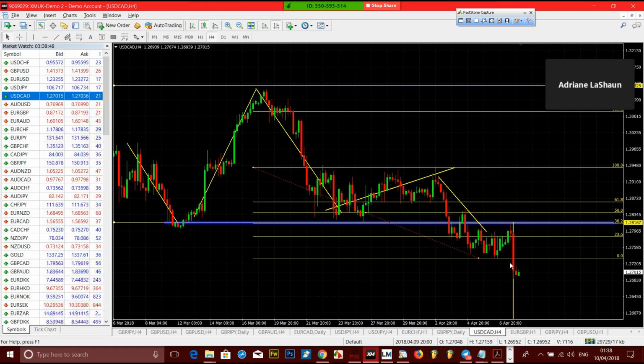Then we'll now look for our C. C will be here. This is where we'll probably enter our next trade. We enter the next trade at this point. Because the thing is this, we don't know that it's going to turn at the 38. We don't know that it's going to turn at the 50. We just have some confirmations that would tell us it's time to turn.